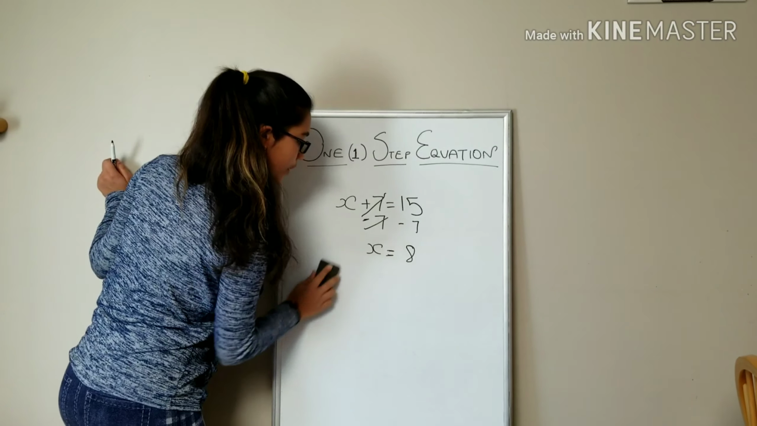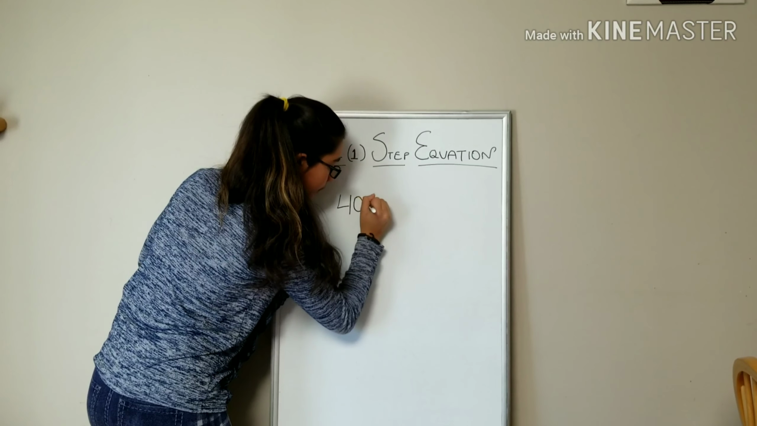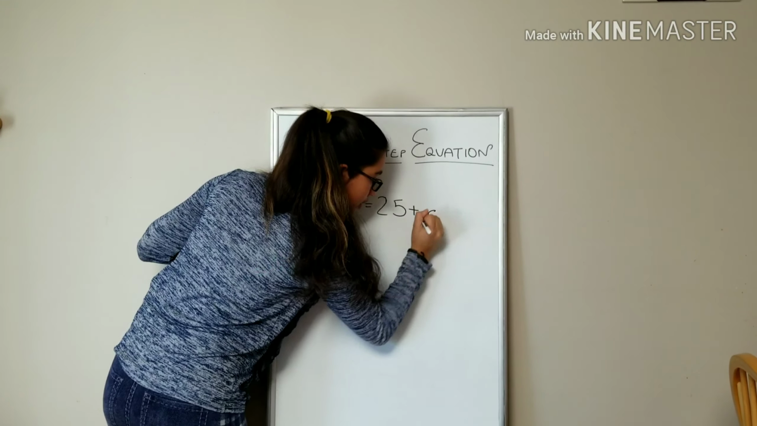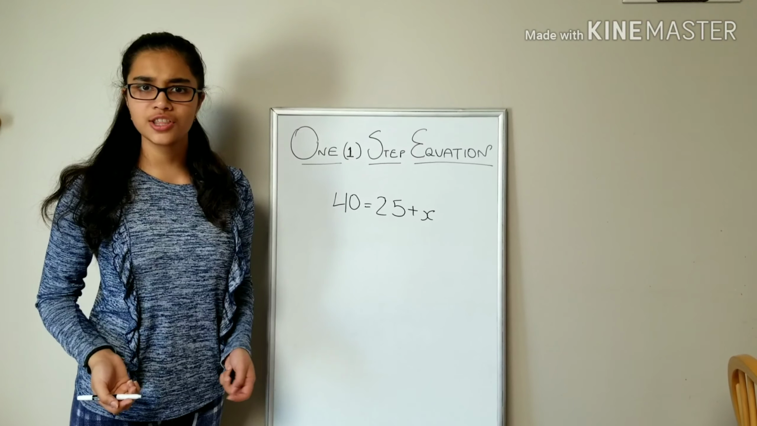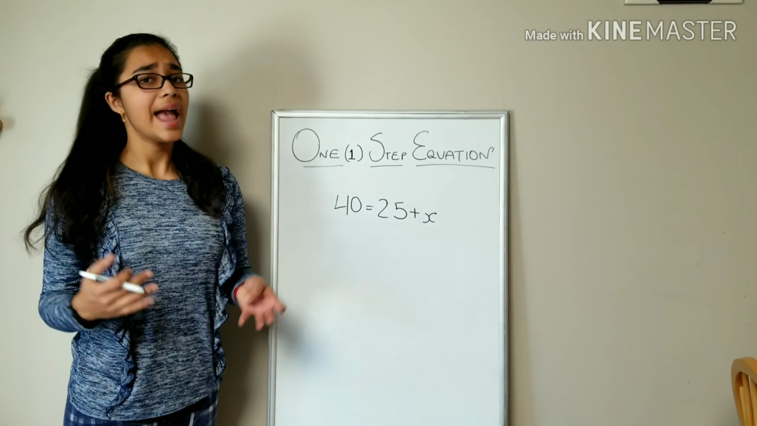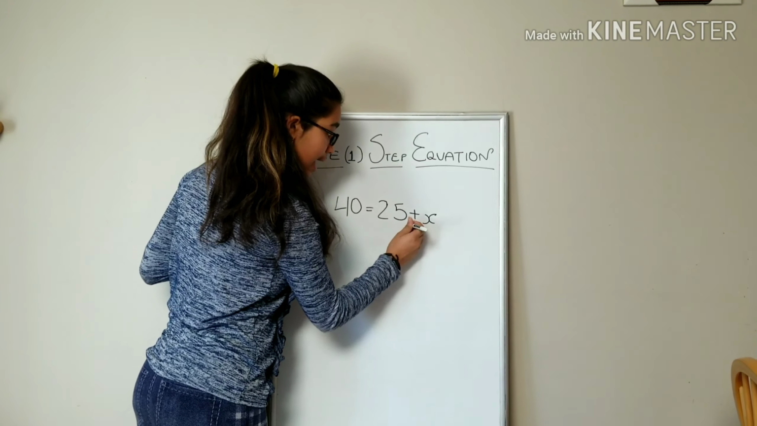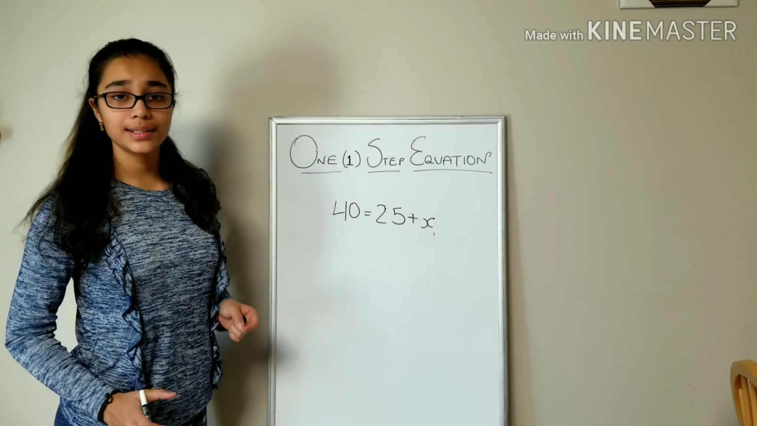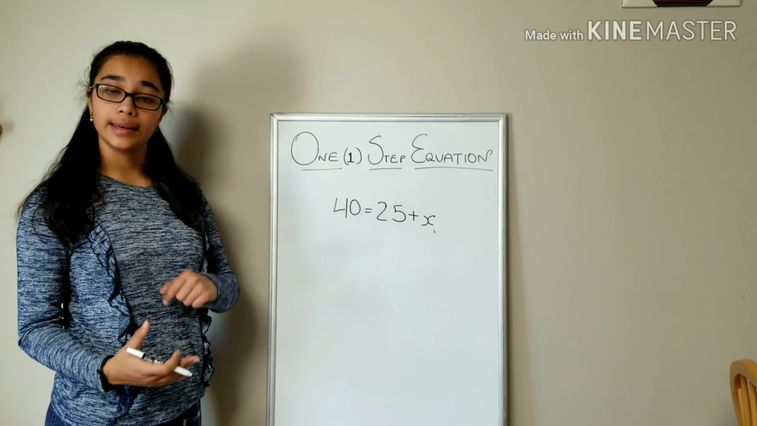Now, let's try one more. If we have 40 equals 25 plus x, what do we do now? X is on our right side. Does that change anything? No, it doesn't. X can be on the left side or the right side, and it doesn't change anything. But we do have one problem here. X is the one being added. What do we do? Instead of subtracting x and making this one 40 subtract x and keep doing that again and again,